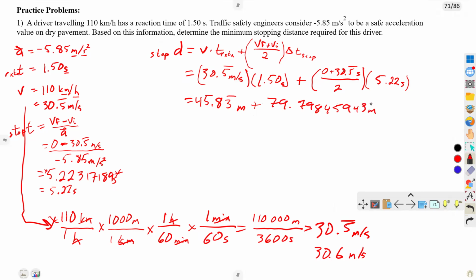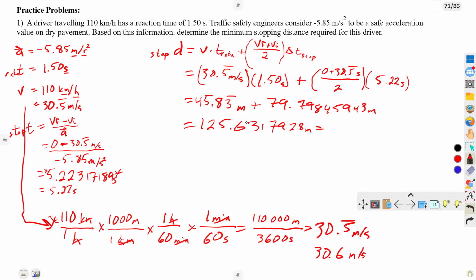Okay, I'm going to add that to the other distance, and we end up with 125.6317928 meters. And that means we're probably going to want to round this to 3 sig digs, because that's what